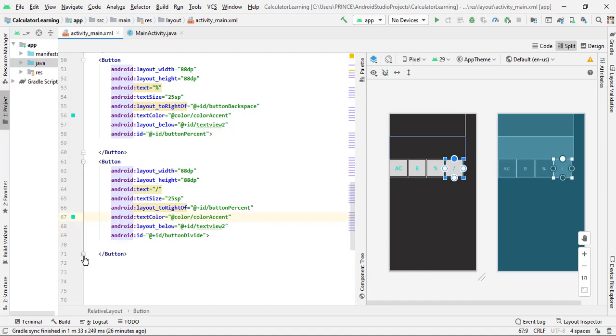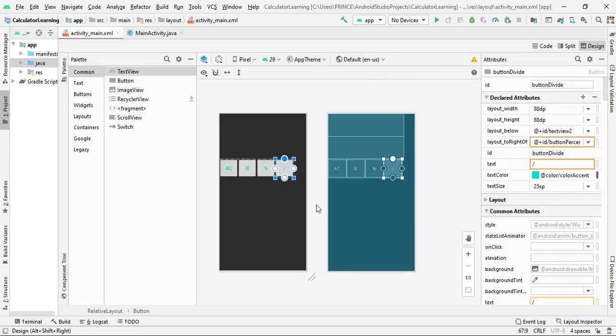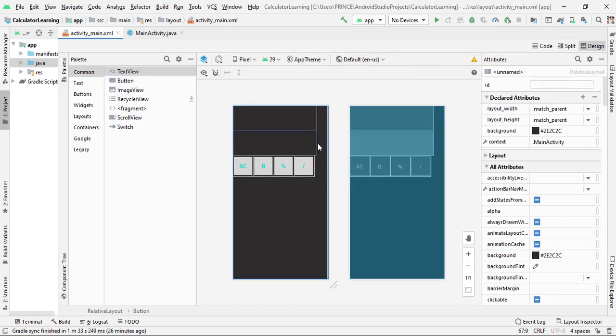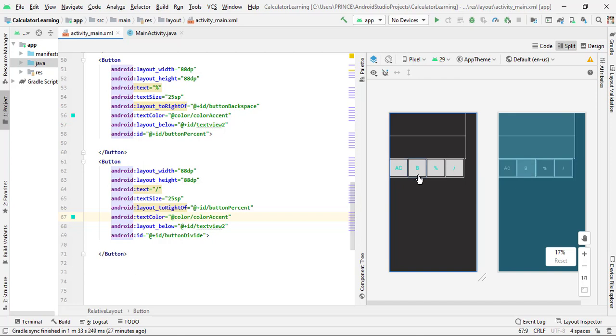So hopefully guys you understand everything, how I create this type of buttons. So this is the design, and you can see the text view is extended and the button length or size is a little bit small. So why is this? Because after some time I have to add a divider between these buttons, after the 3 buttons and just before the divide button. So for that sake I decrease the size of the button, and when I add a divider of 2 dp it automatically aligns perfectly according to the text view. So don't take tension about this. Now our half of the work is complete.